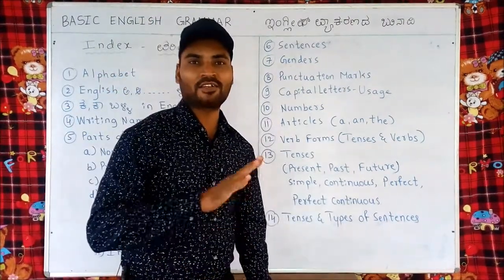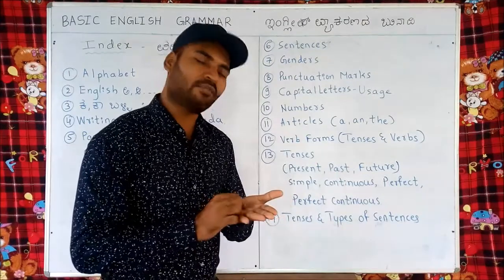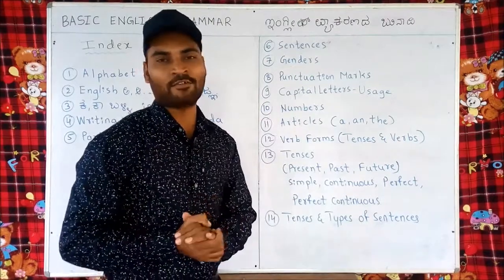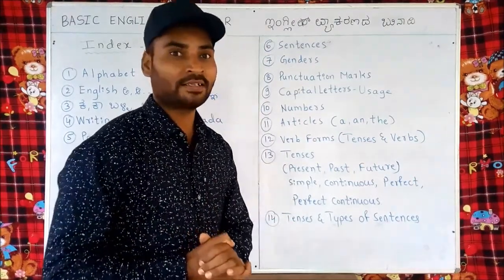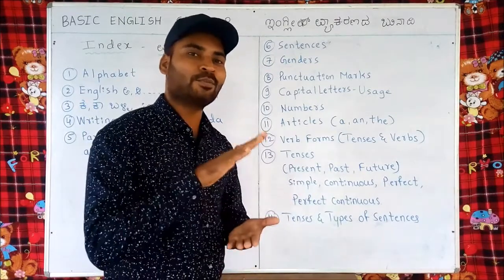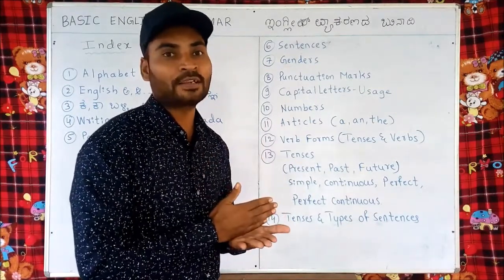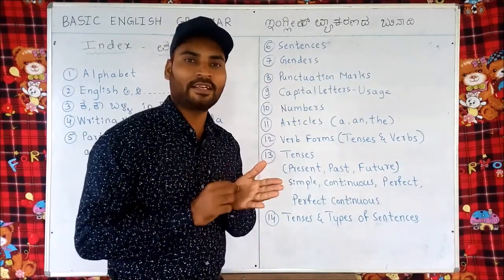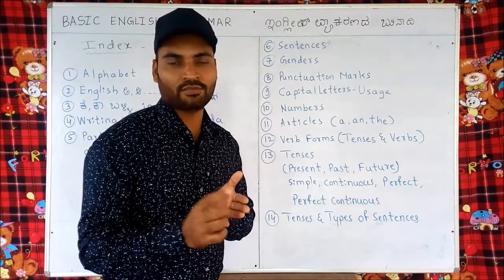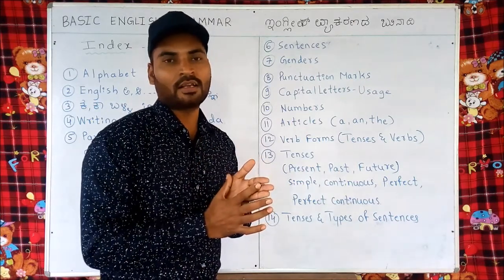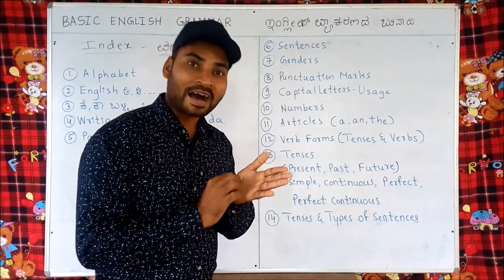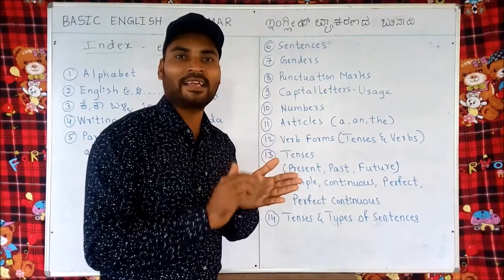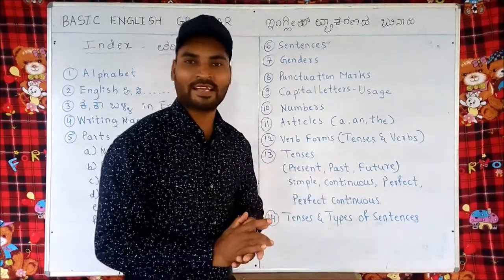While writing Kannada, it's not a problem at all. We write without keeping in mind where to use capital, where to use small. That kind of confusion is not there when we are writing in Kannada. But when it comes to English, we must be very careful, because there is a confusion about where we should use capital letters and where small letters. For example, if we are writing Ramappa, if this word comes in the middle of the sentence, we are not supposed to write R small letter. We must write R capital letter, then Ramappa, like that.